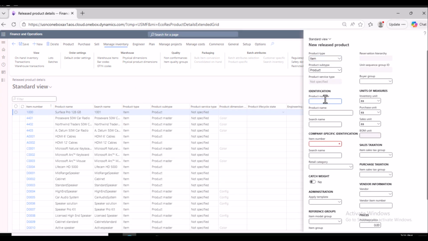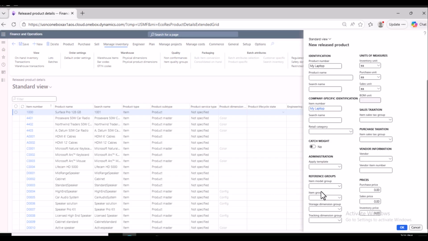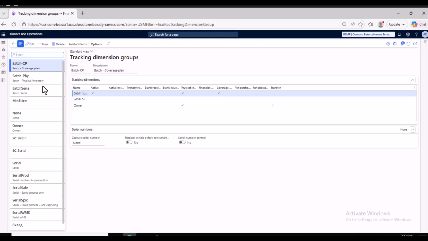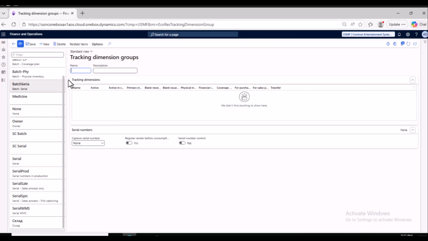I can say this is my laptop, and here I can select my model group and my item group. Let me go with this only. Storage dimension group, let me say site and warehouse. And inside tracking dimension group, I will need to create a new dimension group, specifically for my serial